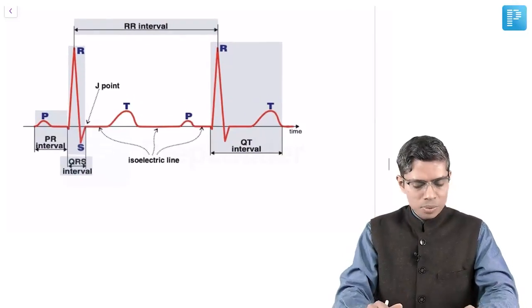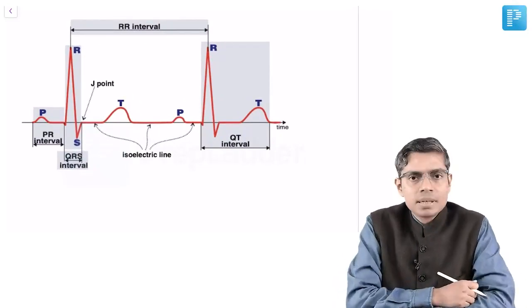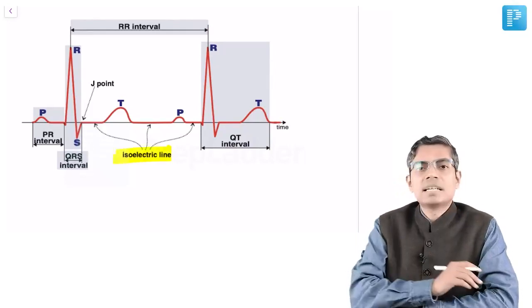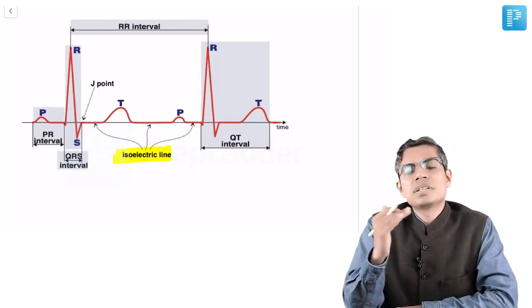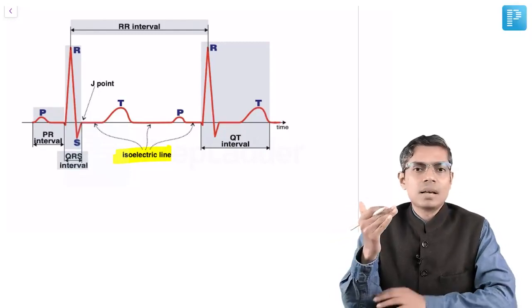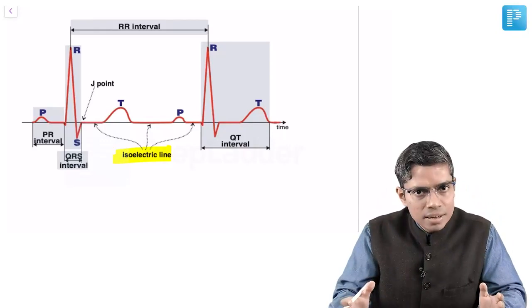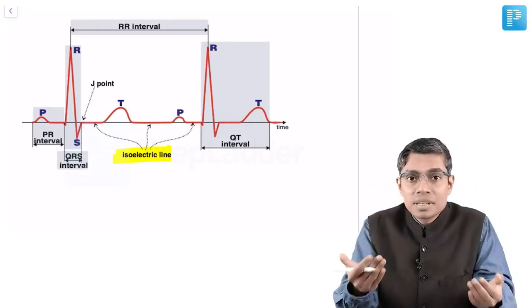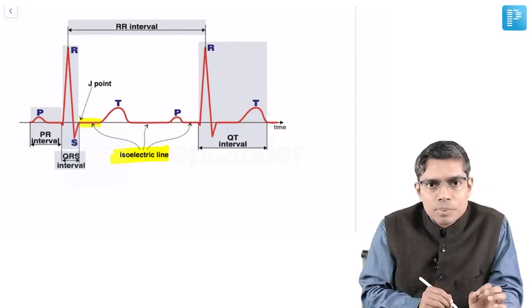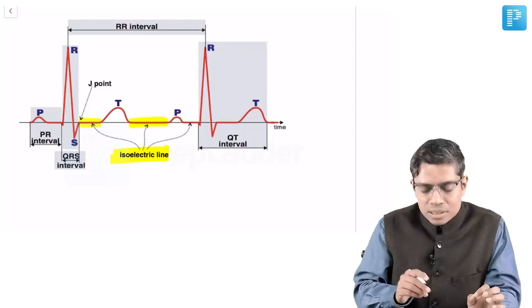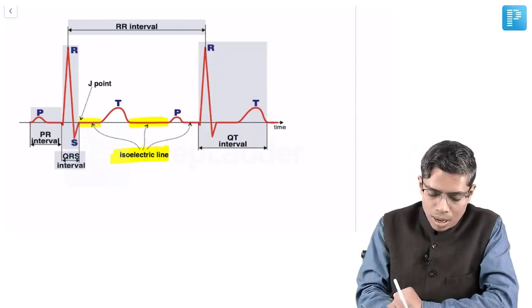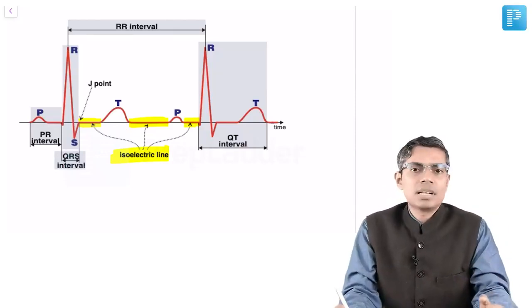So this is a beautiful recording of a normal ECG taken mostly from lead 2. First you note down the isoelectric line. I told you isoelectric line means when no current is flowing on the surface of the heart. That is the baseline of the ECG. After the full depolarization of the ventricle and after the full repolarization of the ventricle, these points are mainly the isoelectric line, although after the P wave I am also finding an isoelectric line,